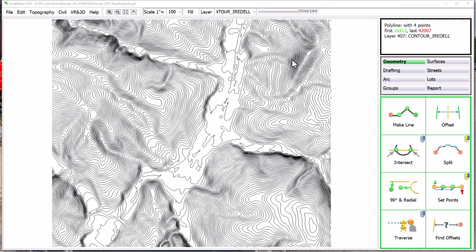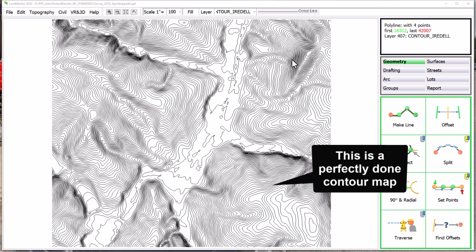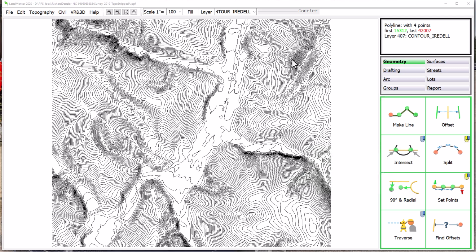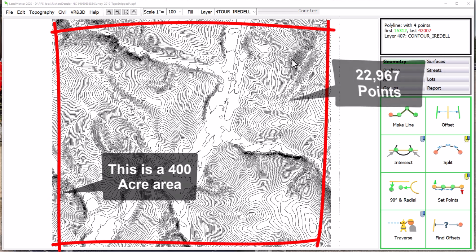As a follow-up to the previous video that we did on GIS and contour mapping, I found this recent topo submitted to us from a North Carolina county. This is about as perfect as you could get for a contour map. Look at how smooth those contour lines are. Now you're looking at about 400 acres and there's